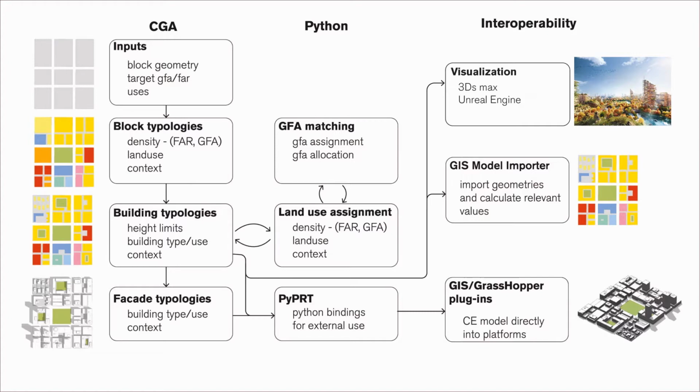And we work with a series of Python scripts to manipulate these buildings on the individual level to make sure that in the aggregate at the block level, they're matching the total GFA that we need to have. And we also assign more detailed land uses to each building and each floor within the building.